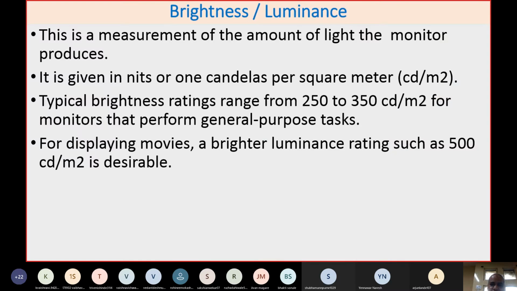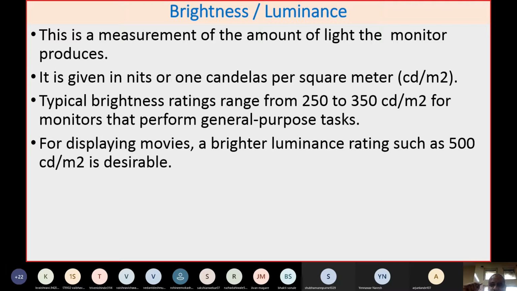Then another fact is that you should understand what brightness and luminance are. Whenever we talk about luminance, we say it is related to colored signals. And when you say brightness, it is normally related to the intensity or brightness of the pictures. So you have a brightness control as well as a luminance control. Whenever you are controlling the luminance, you are adjusting the RGB values. Whenever you are going for brightness, you are increasing the intensity of white or black content in the picture or background. So that is what we call brightness and luminance control.